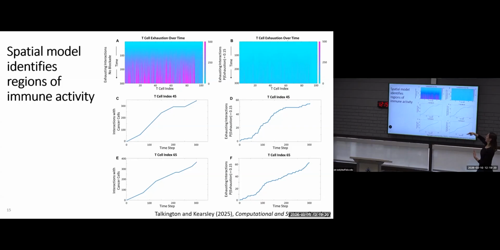going down means we're progressing through time. Each column represents a T cell, and blue or more blue represents less exhausted. Magenta represents becoming more exhausted. So very, very briefly, what we see is these little pockets of magenta. Those are the more exhausted cells versus our simulated blockade example on the right, which is the same simulation except imposing, again, a simulated blockade as we would expect. These plots are a lot more blue.